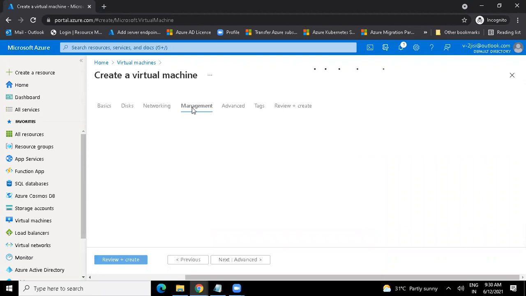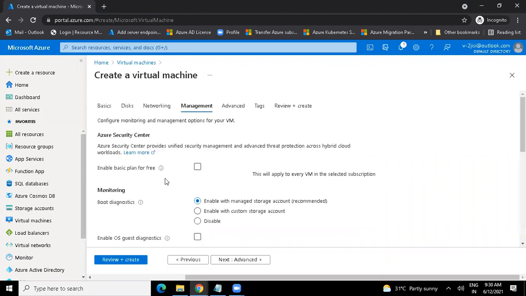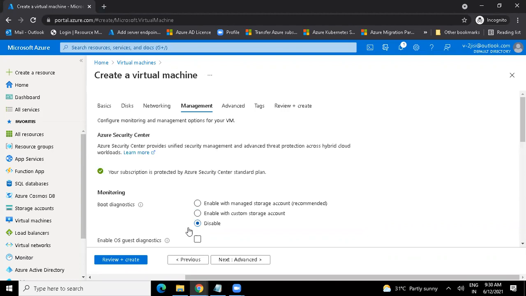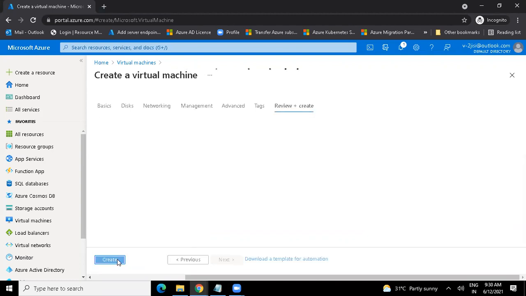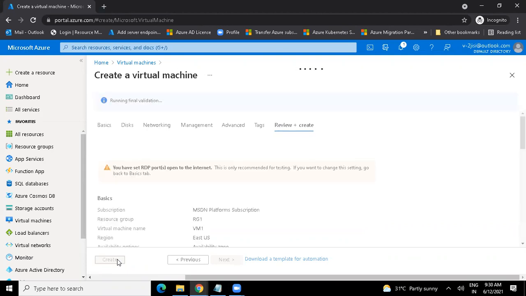Now, how can we figure out why we are unable to communicate? Or maybe one machine is trying to communicate to another machine, but the communication is not on. Machines are unable to communicate. So how can we figure it out? All these troubleshootings can be achieved with the help of network watcher.